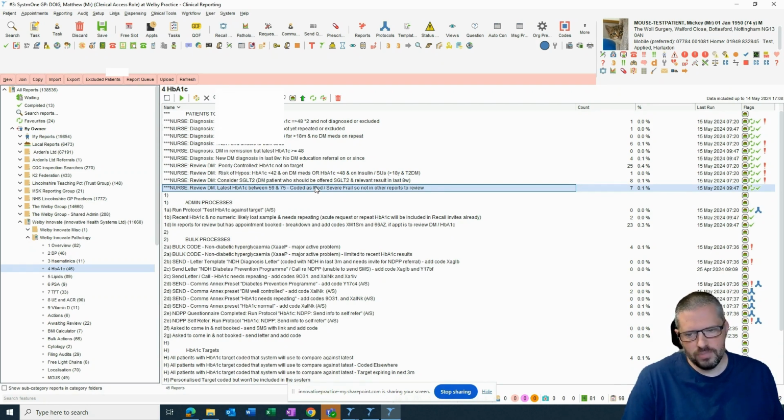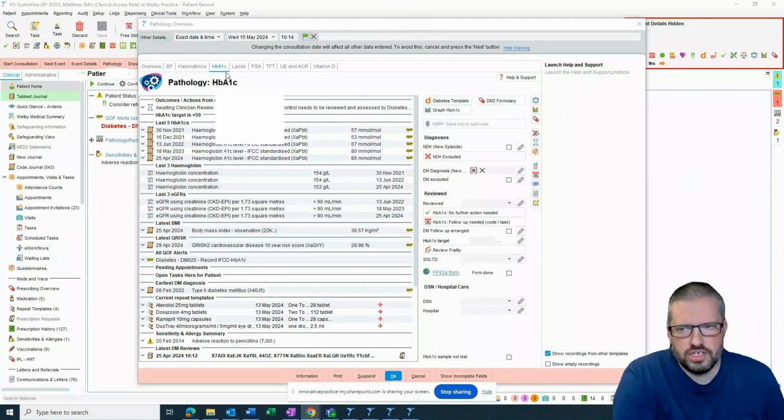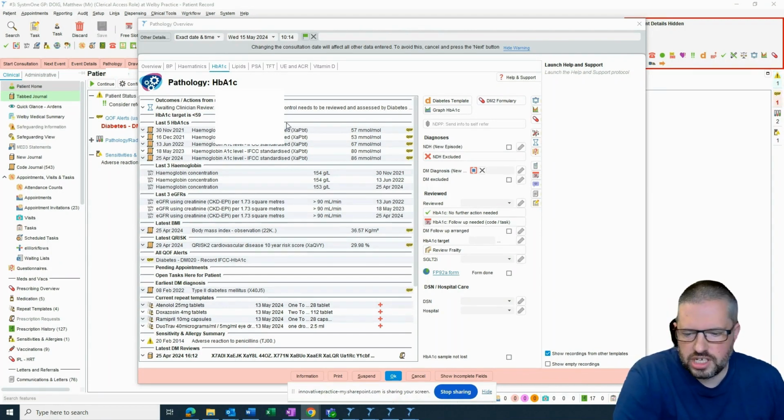I think it depends quite a lot on how much you trust your coding about patients who are moderately or severely frail. I'm just going to pause the video there and, on a real patient, show you a bit more of what that template looks like and how you might use that. So this is the pathology overview template, HbA1c page for a particular patient. And this is really just to give you an idea of the way the information is presented and the sorts